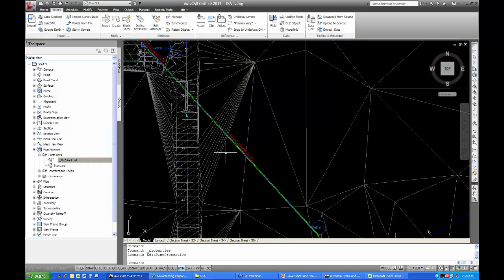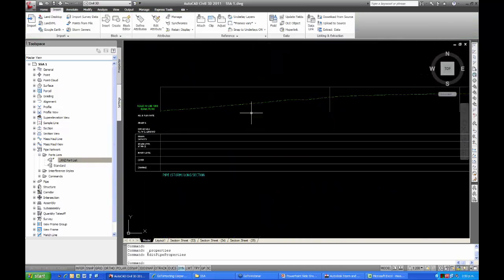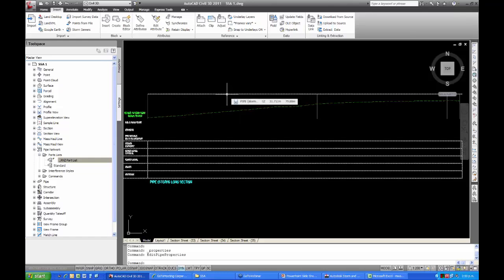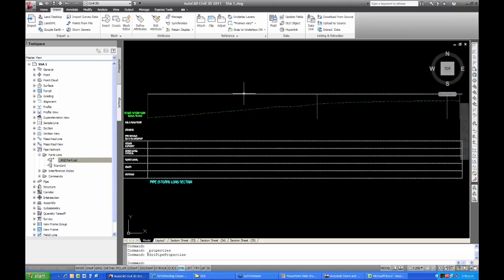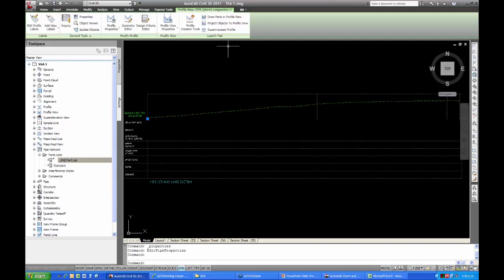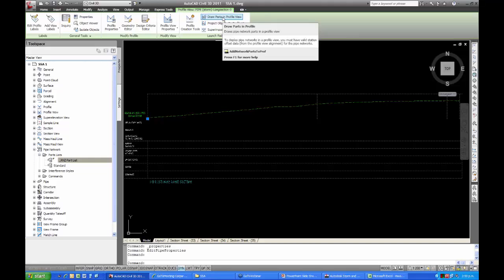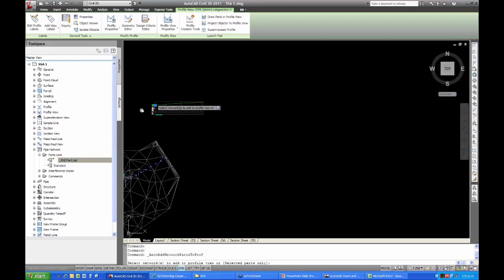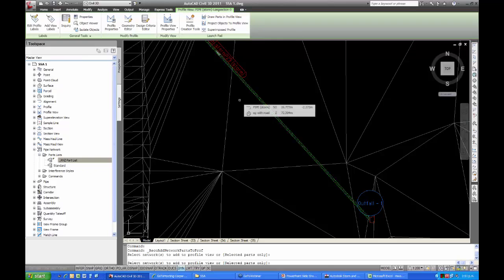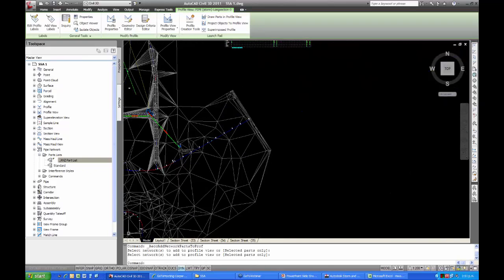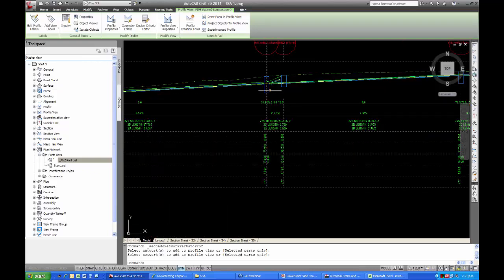The other thing we need to do is go back to our profile here. Select our profile. You can see that the pipe network has actually disappeared from our profile. All we need to do is put it back in. So if we select the profile view, up in the ribbon we get Draw Parts in Profile View as an option. Click on that and it asks to select the network. I just need to go back to my plan view, select the part in the network, go Enter,